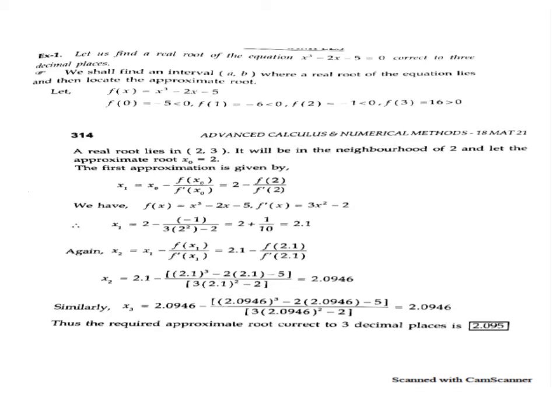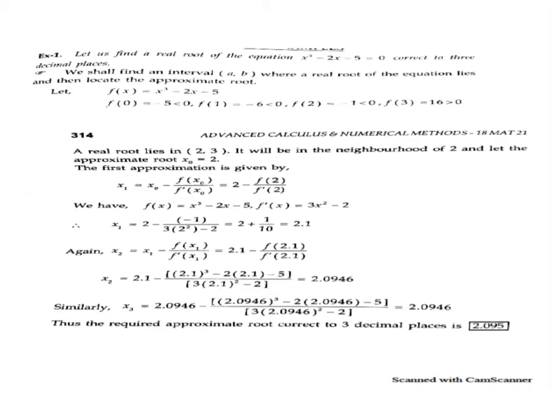x1 obtained is 2.1, x2 obtained is 2.0946. But the value asked is correct up to 3 decimal places. Hence, we go for one more iteration, x3. Now, here we have to find the value of the function at 2.0946 and also the value of the derivative of the function at 2.0946,